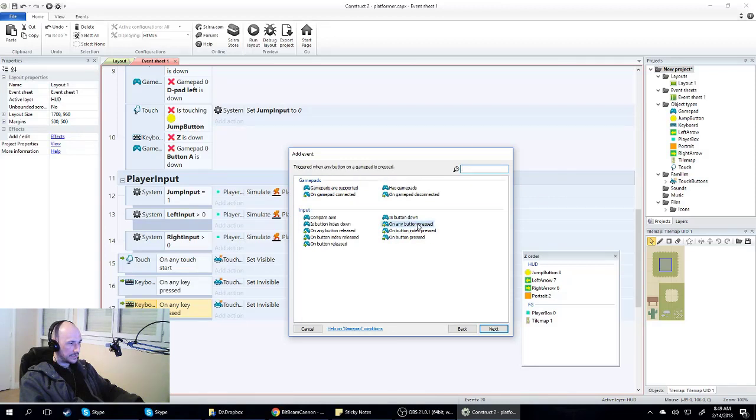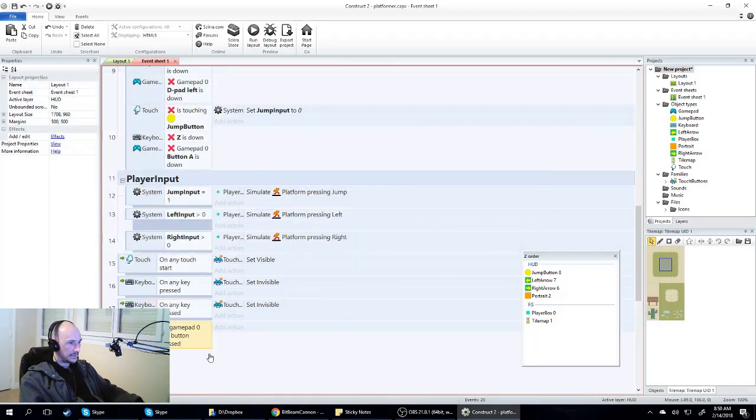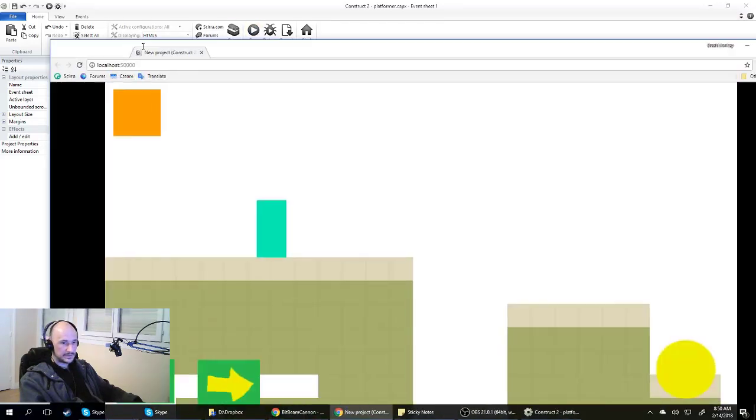So on any button pressed, gamepad 0, and now I can copy and paste that in, and it'll warn me some conditions were not pasted. That's because those two things kind of conflict with each other, because they're both looking for instant feedback for direct player input. So let me delete that, and I'll just drag that up there, and now that'll work. Or I could have just deleted it and then added, and I would have had the full options. But anyway, the point is, now when I run it, we've got this nice elegant thing where it